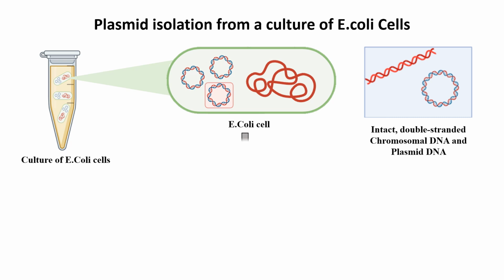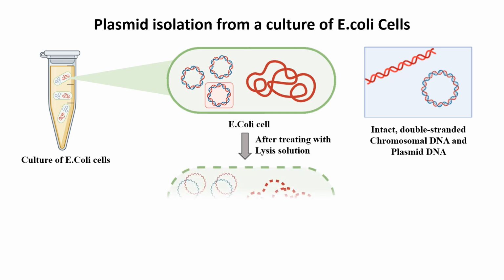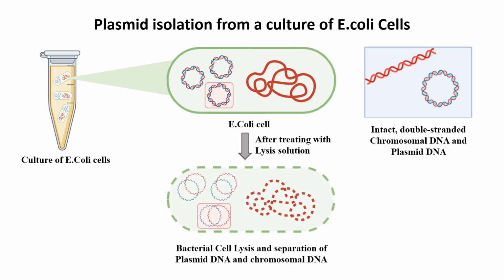E. coli cells after treating with lysis solution. The lysis solution has been added to disrupt the E. coli cell walls and membranes. This releases the cellular contents, including the plasmid DNA (small red-blue circles) and chromosomal DNA (red tangled lines), into the solution. The dashed green outline around the cell indicates the breakdown of the cell membrane, with DNA now freely present